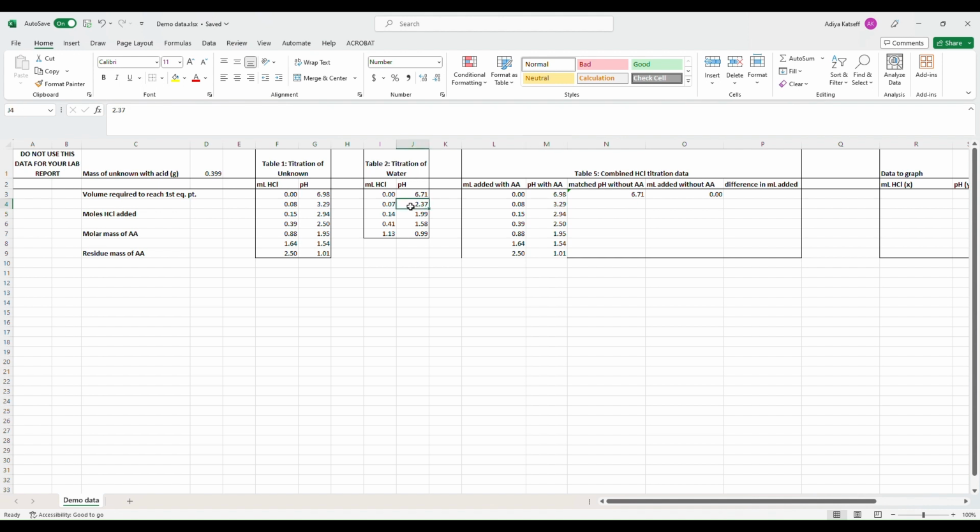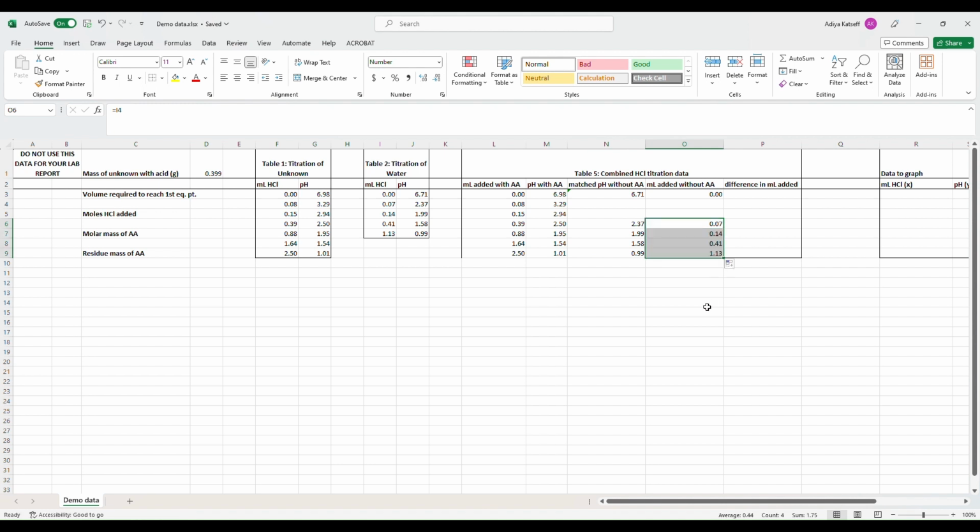Our 2.37 pH is pretty close to our 2.5 pH that we measured with water. So we're going to go ahead and fill in that pH over here, with the equivalent number of mLs added there. And actually, the other pHs that we measured are all pretty close matches. So 1.99 is close to 1.95, 1.58 close to 1.54, 0.99 close to 1.01. So you can go ahead and just drag this box down to fill in all the rest of the numbers